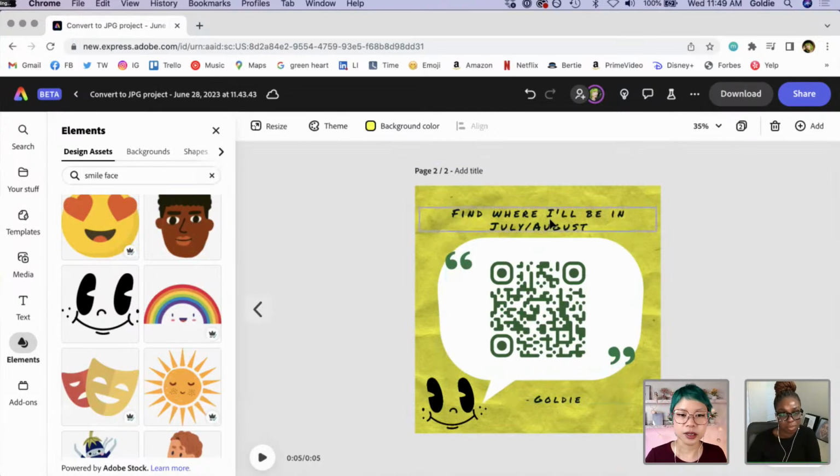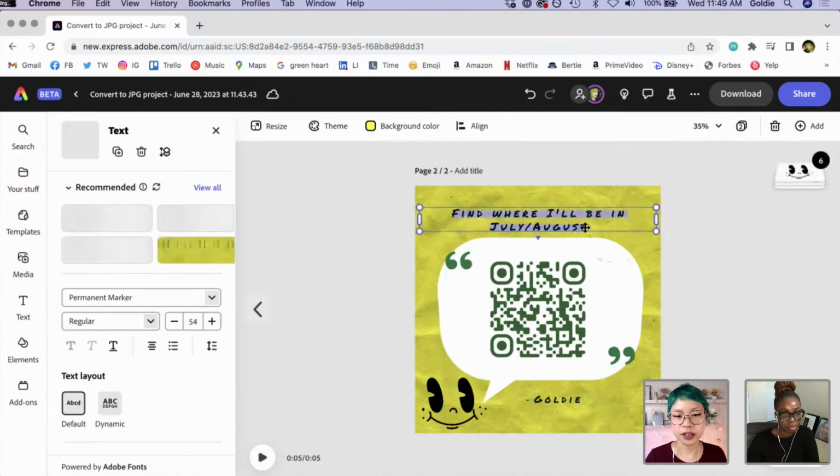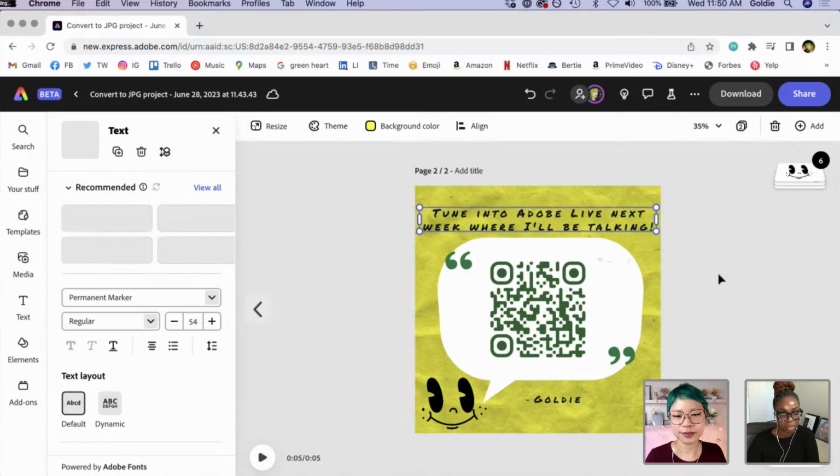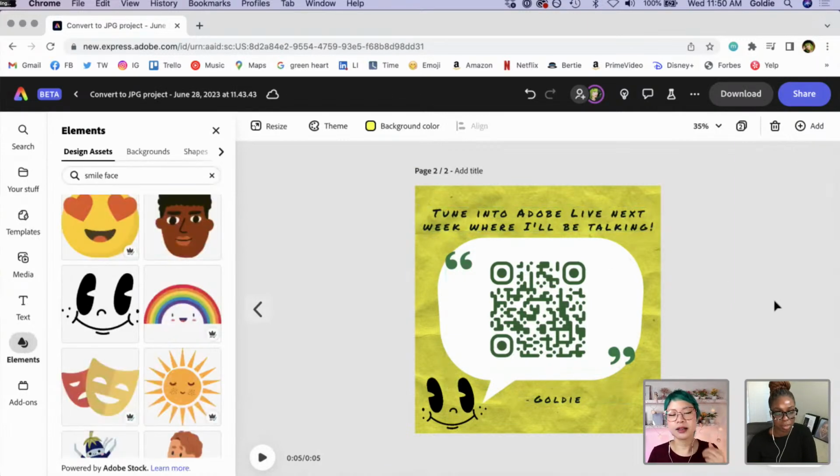Sure. So I could technically have done a QR code for literally this Adobe Live. So I could say tune into Adobe Live. Yeah, that's true. Next week, where I'll be talking, right? And then this QR code could literally link to that Adobe Live.